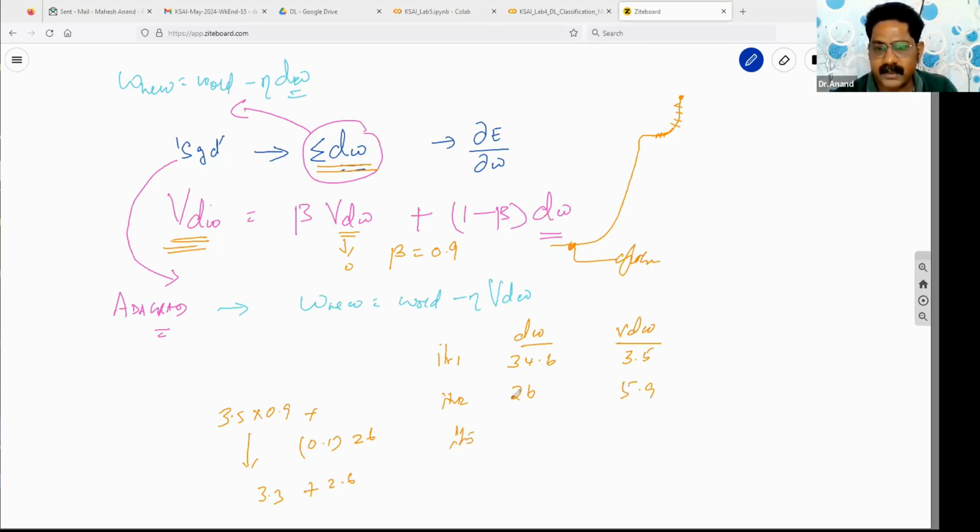Then iteration 3. Further gradient reduced to somewhere around 14. At this stage, what is the updated VDW? Previous is 5.9. Let me take approximately 6 times 0.9 plus 0.1 times 14. This is 5.4 plus another 1.4, 6.8. So likewise, at one stage, your dW, when it reaches this place, it's almost a